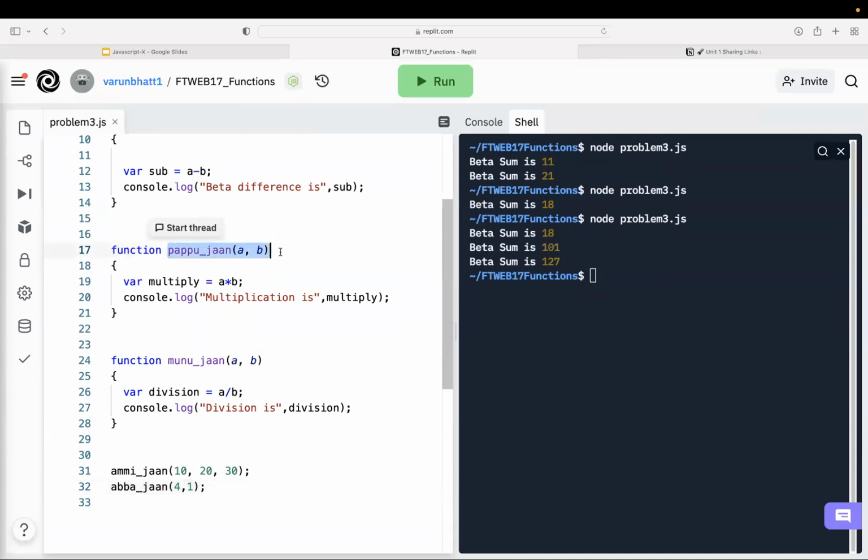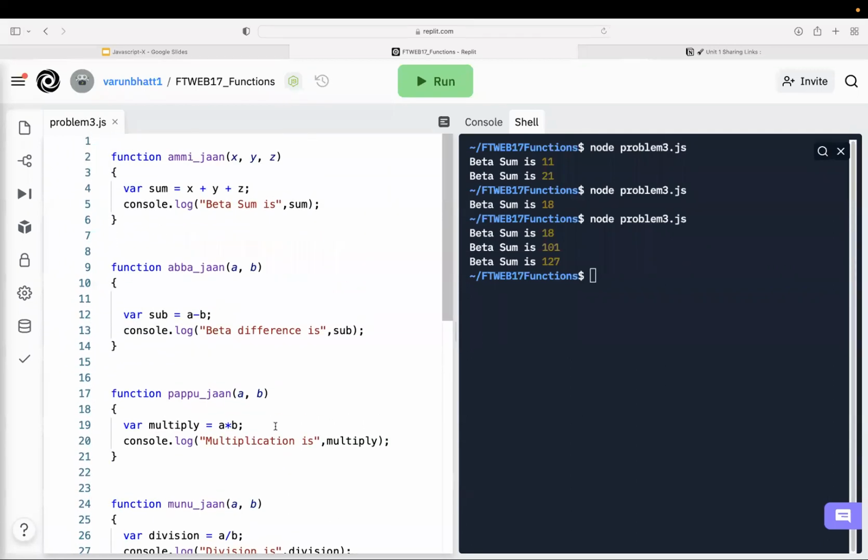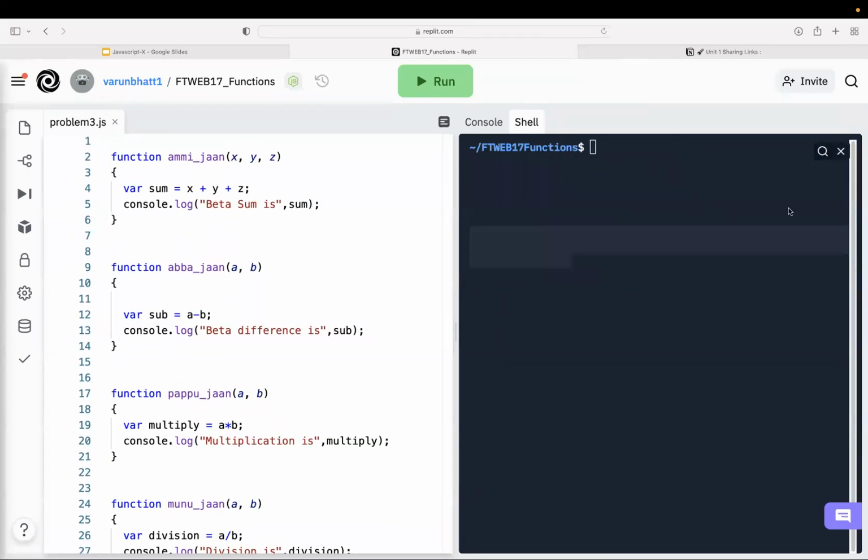And Pappu Jan I will call with 10 comma 20. Munnu Jan I will call with 30 comma 10. So basically there are four things which I'm calling here. And if I run it,